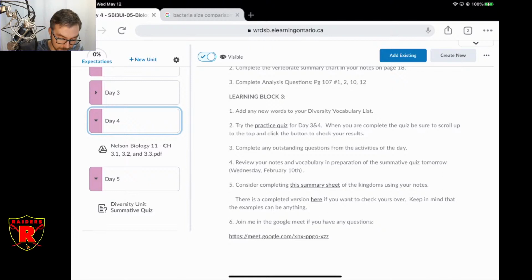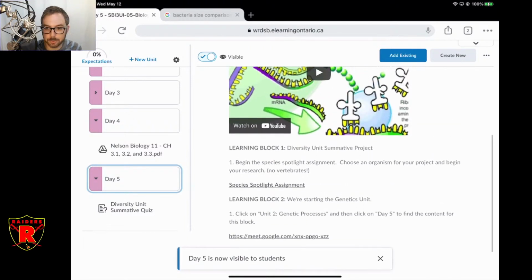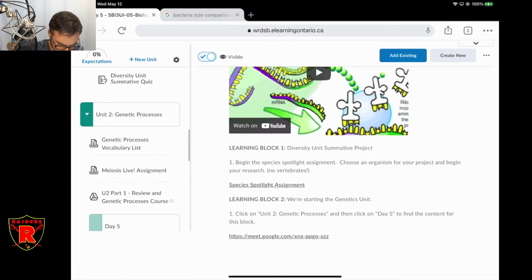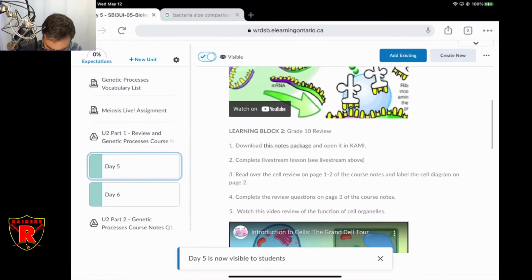The last aspect of this is that you need to work on your species spotlight assignment. So if you finish this stuff up early and want to move on to your species spotlight assignment, that's great. You probably should have some time because that stuff won't take you that long. I shouldn't say that. The summary sheet might take a minute, especially if you don't remember some of the groupings that clearly and you need to go back and review your notes. It might take this time. That's fine. Hold on, let me double check to see how long the first lesson of genetics is.